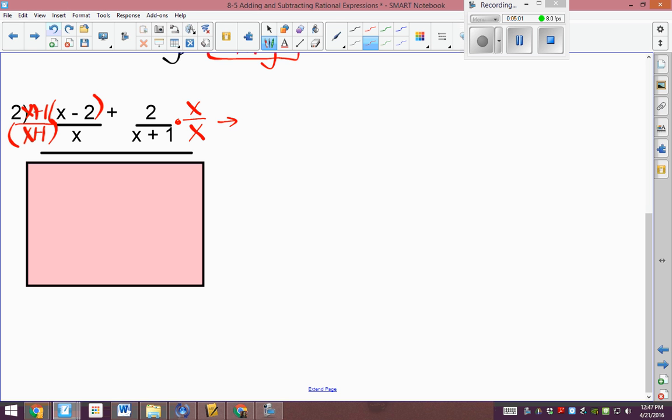I'm going to FOIL in the top, but not in the bottom. I'm also good at this because we have a day of practice under our belt, so I know the common denominator is that. What would we get if we FOILed these two things together here? That first one's in parentheses, right? Yep. Make sure we remember that. All right, so x squared, and then minus 2 and a plus 1 would be minus x,